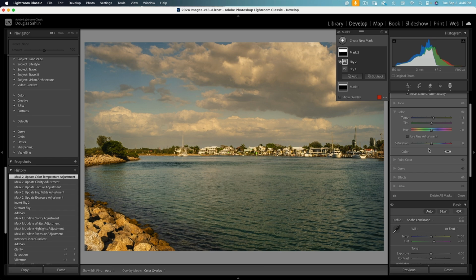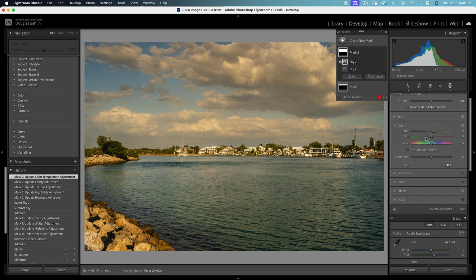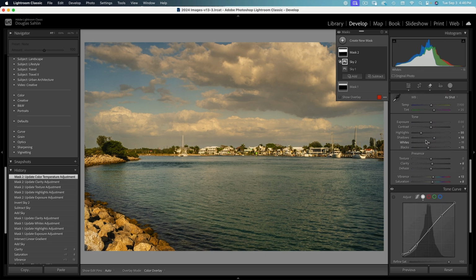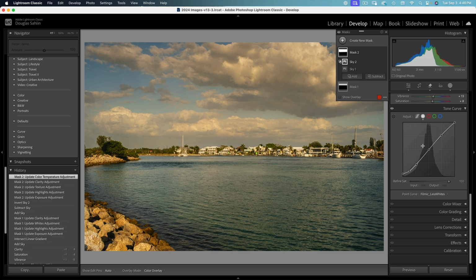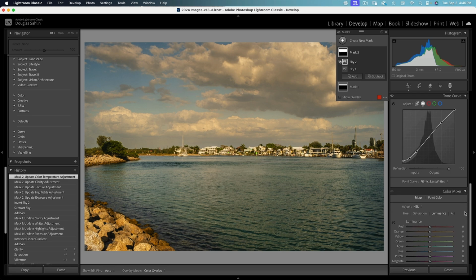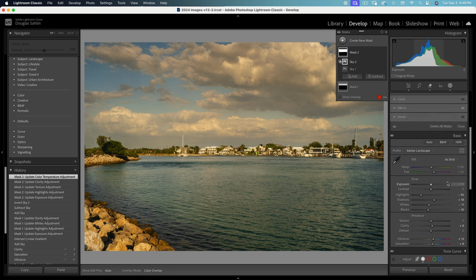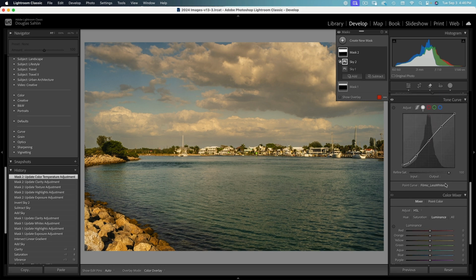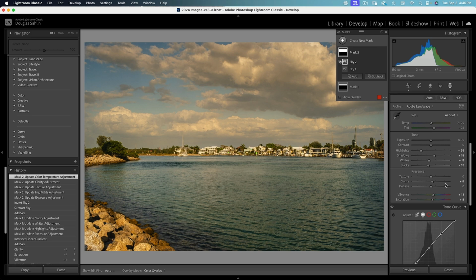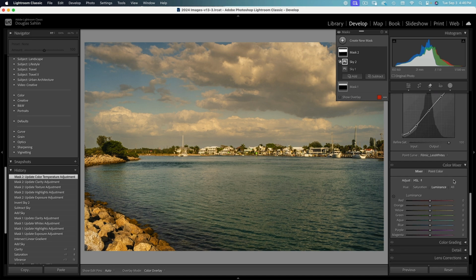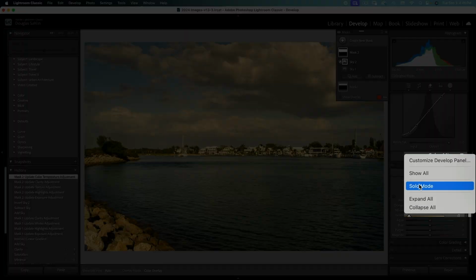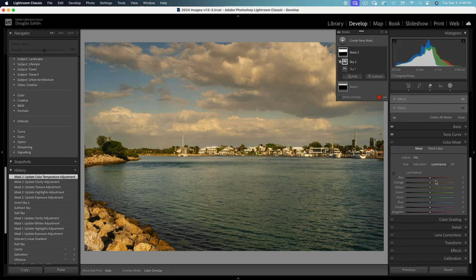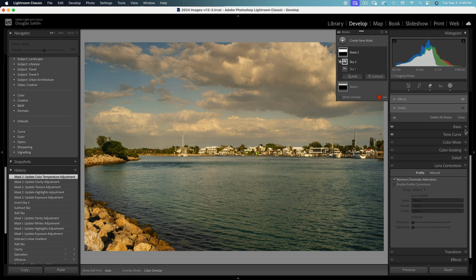And now here's the tip I told you about. By default, when you work in Lightroom, when you open a panel, it stays open. So if I work in a color mixer, after working in the basic and tone curve panels, they're all open. Now to me, it's a little hard to navigate all these panels. I prefer to work with one panel at a time. So if I right click and choose solo mode, now when I open a panel, that's the only panel that's